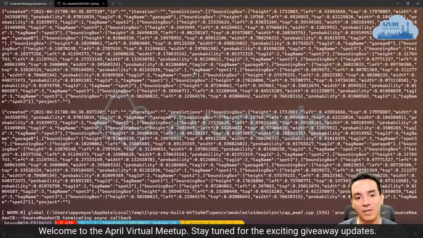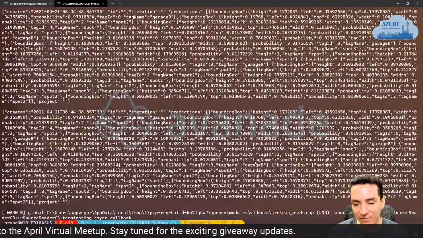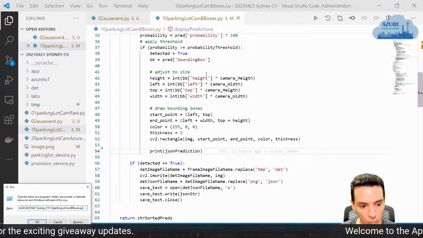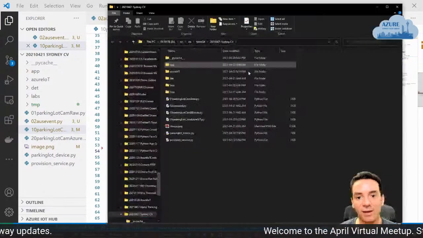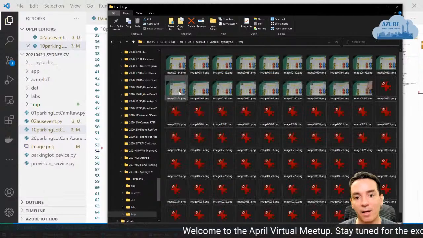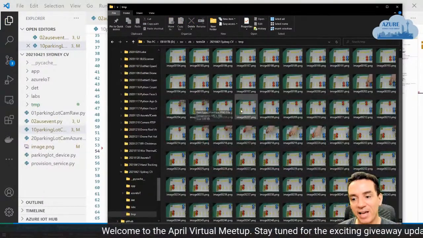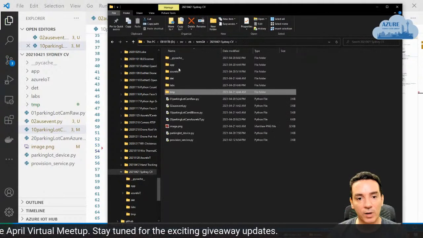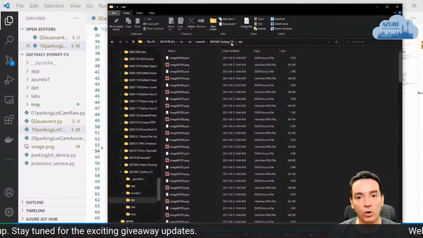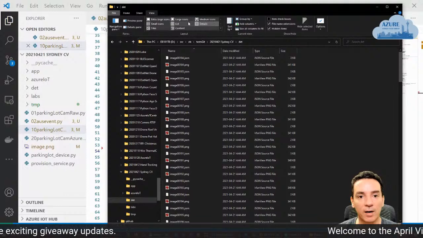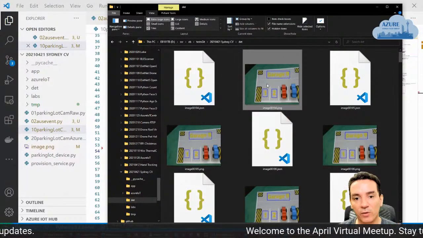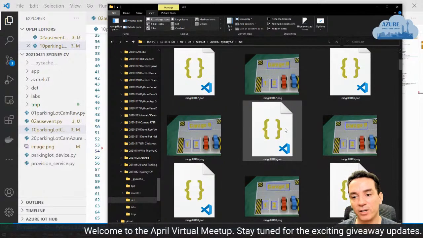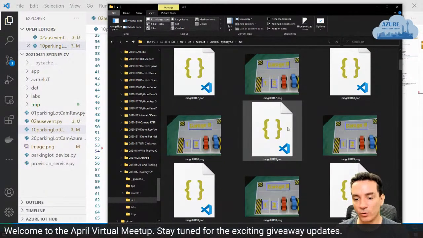I am running this internally. And for this demo, I even added a feature where I am saving all of the images that I process and all of the detected ones also. If I go here, this is each one of the images that I detected, and also the JSON file for the detected image. So you can have a log if you want on how you want to do this.